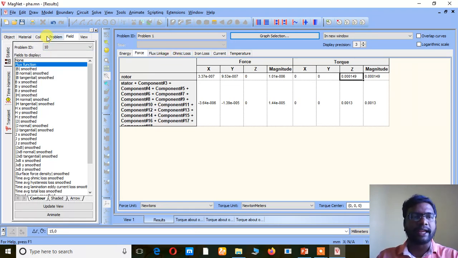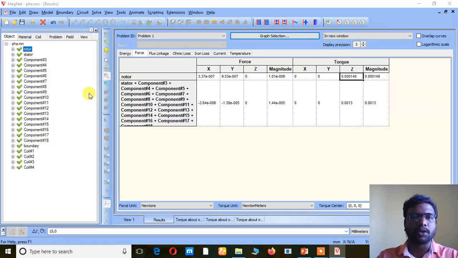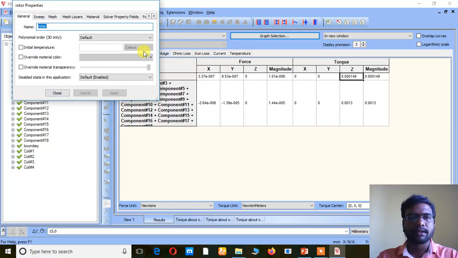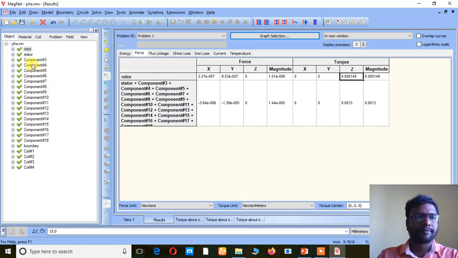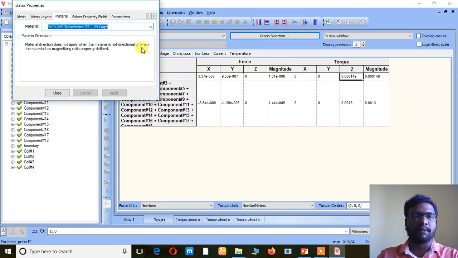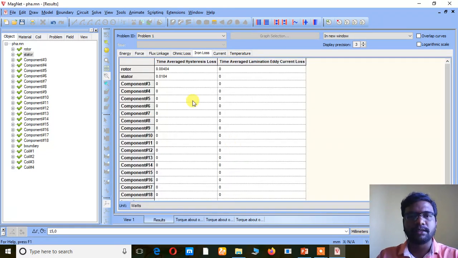Now we are going to deal with iron losses. Iron loss definitely has an impact with the material. So I am going to change the stator material as well as the rotor material. I am going to change the material to M800, some different type of material, and for the stator also. But the coil should be copper, that you should not change because it is iron loss. Now the iron loss here is 0.004, 0.01. The extra losses, eddy current loss, are very negligible, so it is showing as 0. Now I am going to solve this. So just remember this value, 0.004, 0.01.